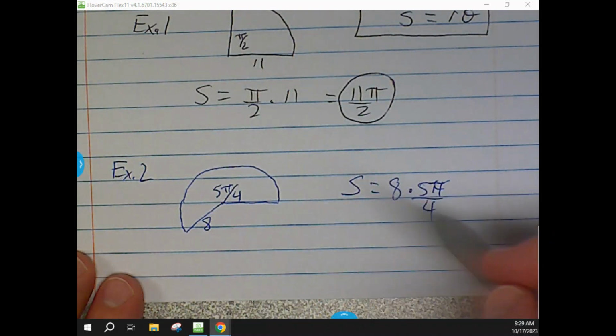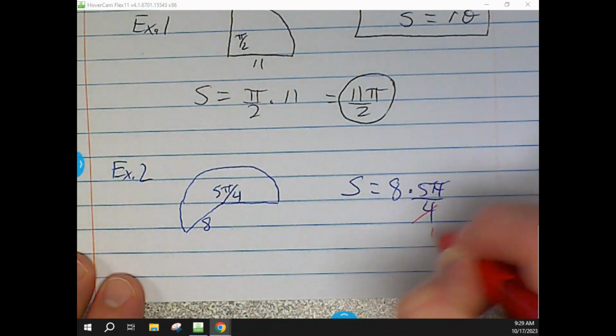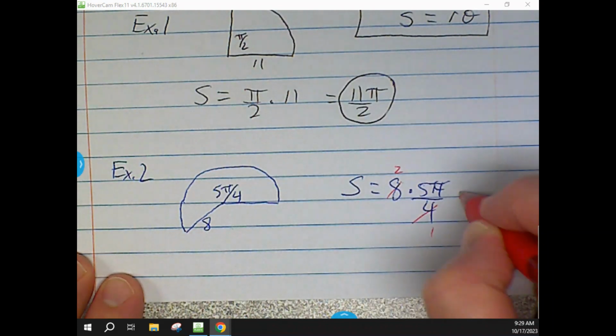You've got the 8 and the 4. You can cancel both of those out. You can divide them both by 4, so you can make that 1 and 2. So that makes that out to be 10